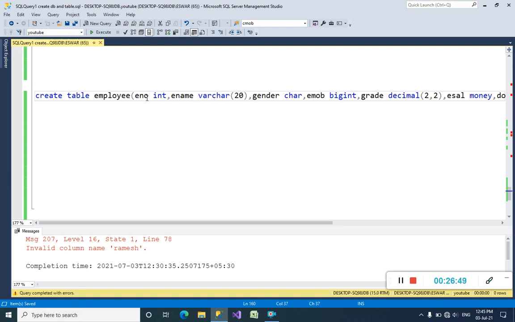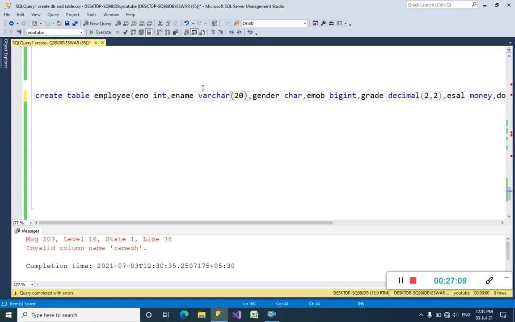Ename is the second column, and see guys, ename is a string, because every name is a string, right? String means varchar or character. I can declare character also here, I also have a char data type here.